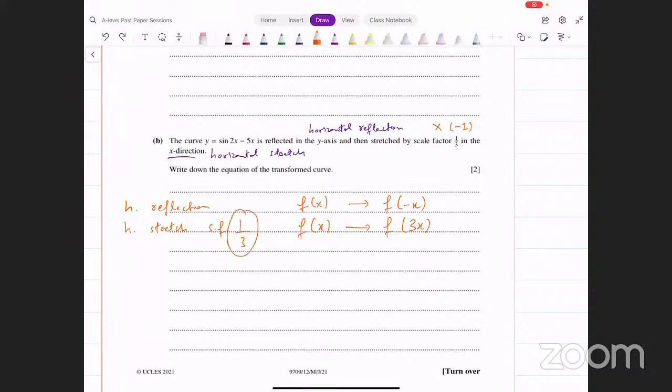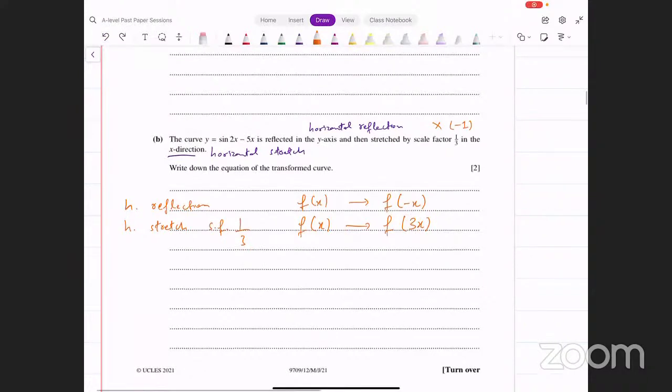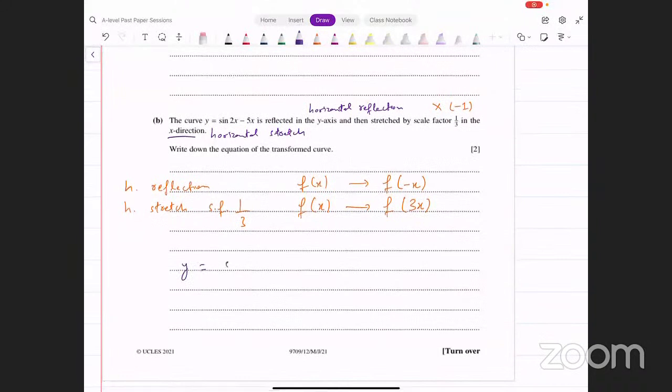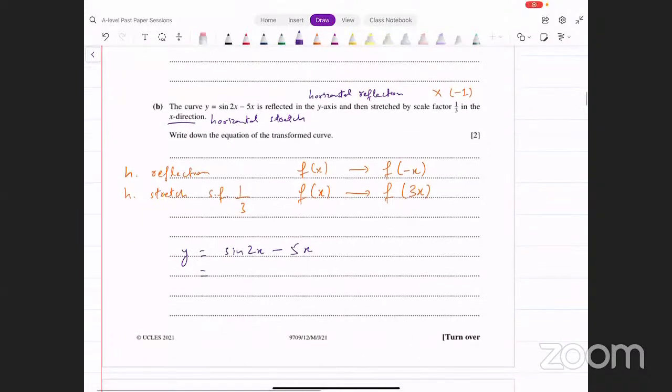हॉरिजॉन्टल में उल्टा होता है, रिमेंबर 1/3 अगर आपका स्केल फैक्टर है तो आप बेसिकली 3 से मल्टीप्लाई कर रहे होते हो। ये दो चीजें आपने करनी है। नाउ लेट्स राइट डाउन द फंक्शन। फंक्शन क्या था, y इक्वल्स sin 2x minus 5x, दैट्स द फंक्शन। आप क्या करोगे, जहां पे x लगा हुआ है x की जगह पे आप लिख दोगे -3x। एक तो x के साथ माइनस लग गया और दूसरा वो 3 से मल्टीप्लाई हो गया। यहाँ पे भी x की जगह पे -3x, and now we can simplify this and that is going to give you sin of -6x plus 15x and that's your transformed curve।